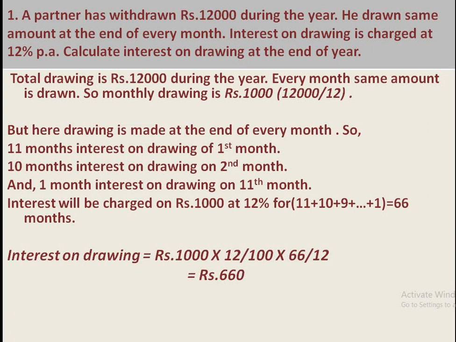Month के बीच में ऐसा हो सकता है. तो इस कंडीशन में जो months होते हैं, जैसे उसमें 78 होते हैं, इसमें 66, it is 72. Let me tell you, suppose the drawing made in the middle of the first month, interest is charged for 11.5 months. Same, second month के middle में हो गया, उस पे होगा 10.5 और उसका जो total बनता है वो 72 months होता है. तो same इसी तरह उसका भी calculation होता है कि the amount of drawing per month, rate of interest और 72 months का किया जाएगा.